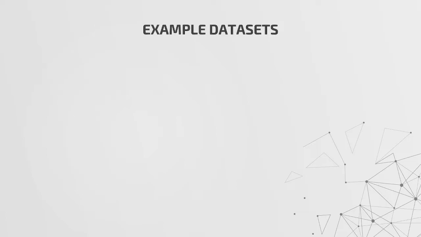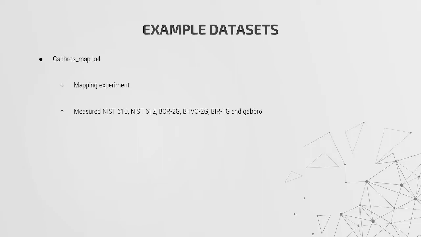So we have some example data sets that you can download to follow along with this presentation. In the first data set, there is this Gabbros map.io4, which is a mapping experiment. This is just where we're rastering across the sample and we're not drilling any pits. And in that, we're measuring NIST 612, NIST 610, NIST 612, BCR2G, BHVO2G, BIRG, and some Gabbros, some Gabbro scan